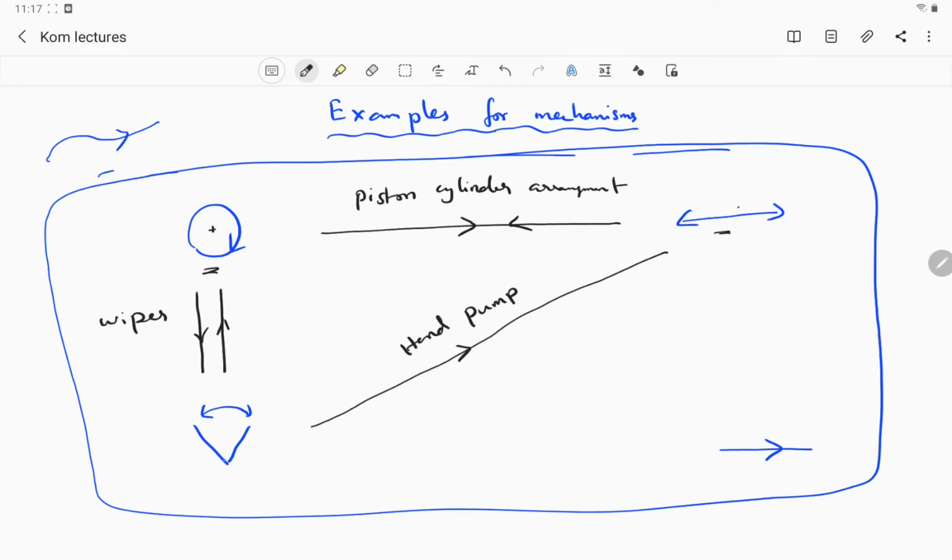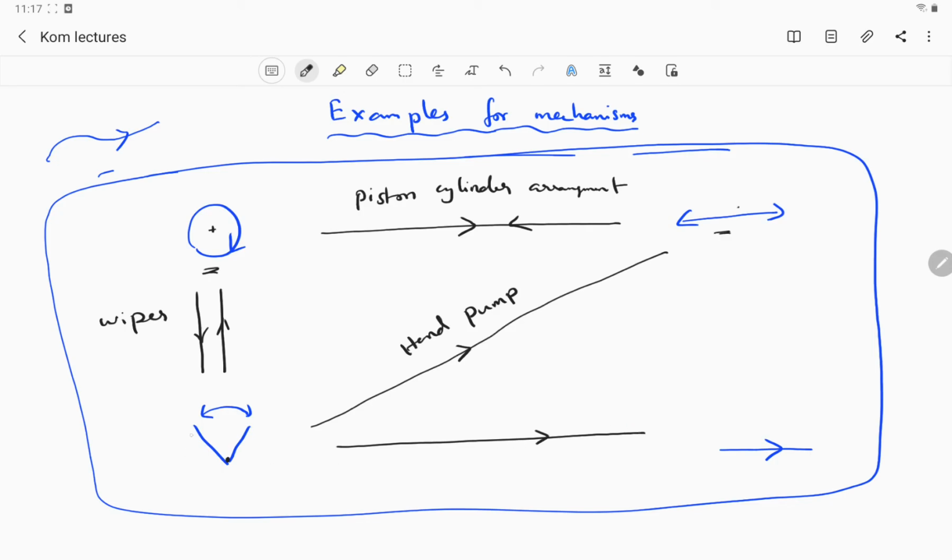In a hand pump, what you do is you just do this as an input, and then inside the piston will move back and forth. Okay, and this is a motion which will keep on going in a straight line, and this is also possible.